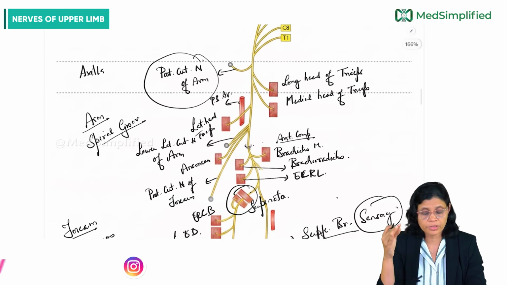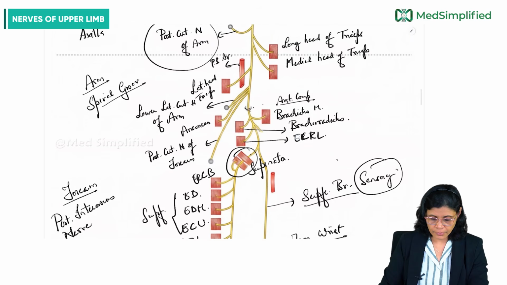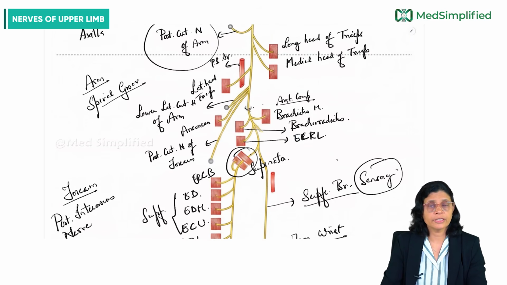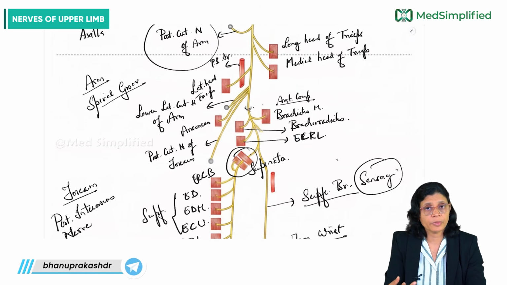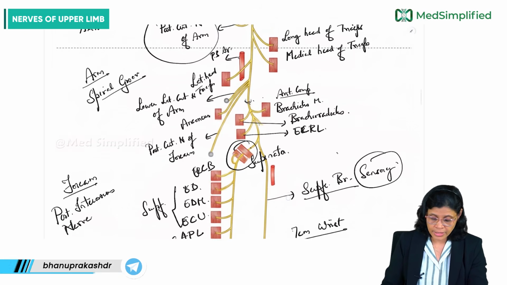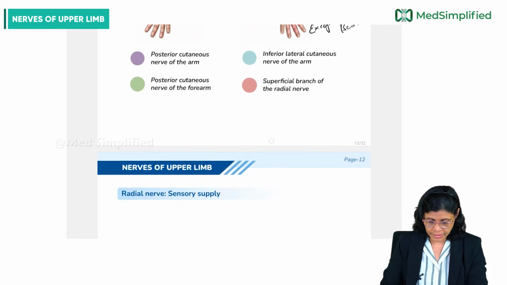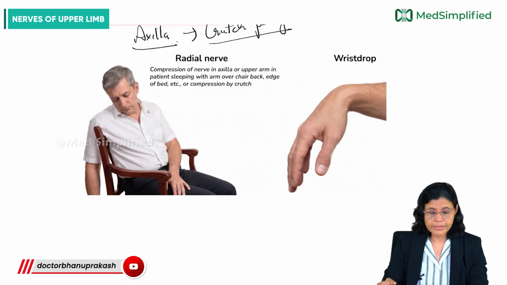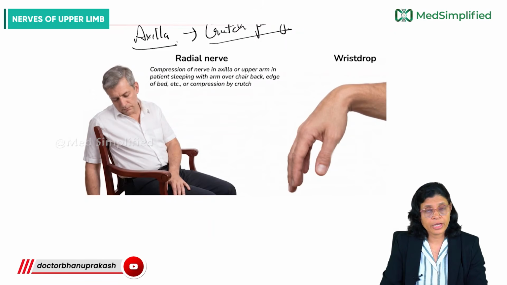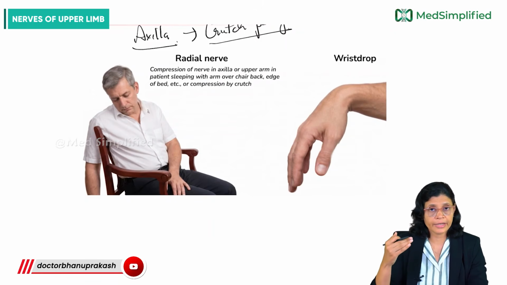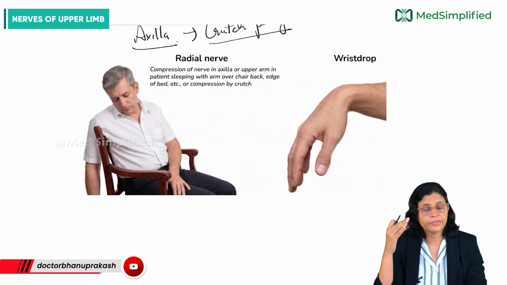There is motor loss and there is sensory loss. Motor loss is mainly because the triceps is affected. The triceps is responsible for the extension of the elbow joint. So what movement is lost? Extension of the elbow joint is lost. And if you see the remaining course, the entire course is affected, right? If the nerve is